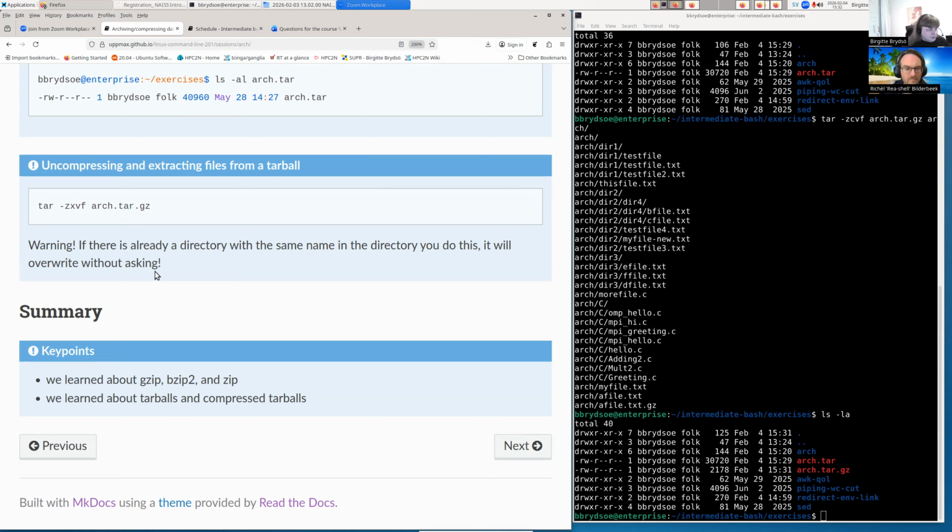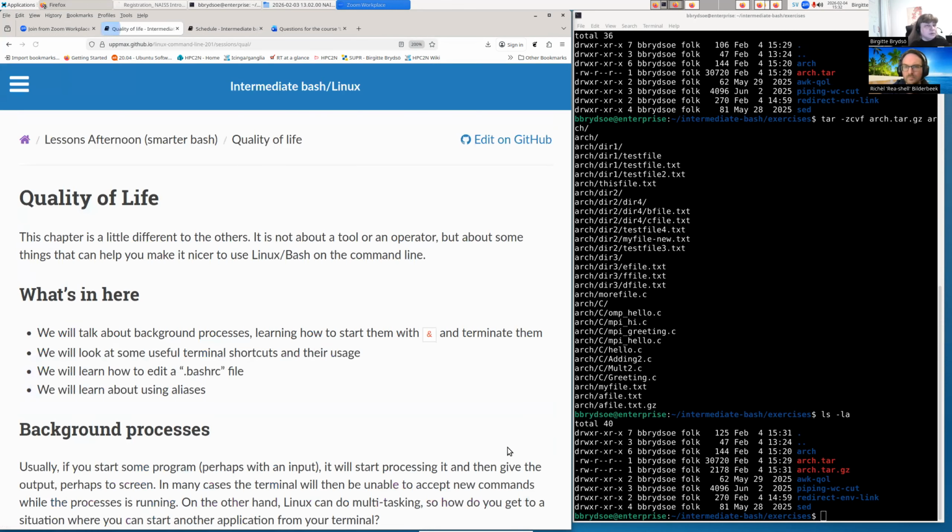In general, Linux likes to have one tool that does one thing but does it well, and that's why it has two tools to do the compression and the archiving, because they are considered two separate things that you may not always want to do together. So let's